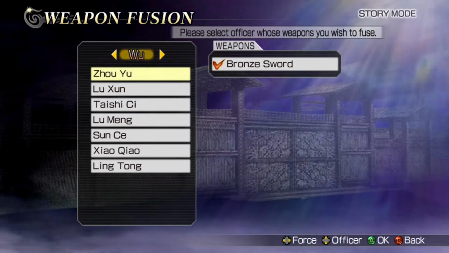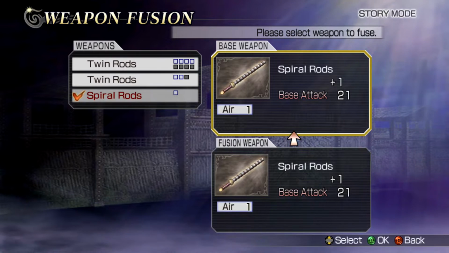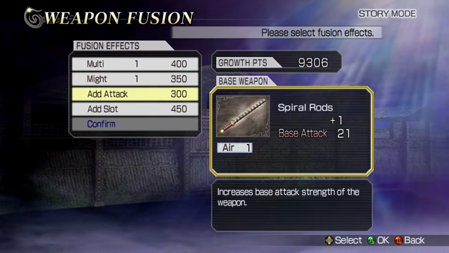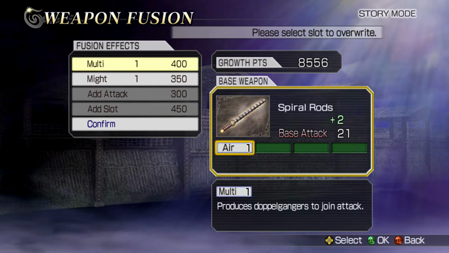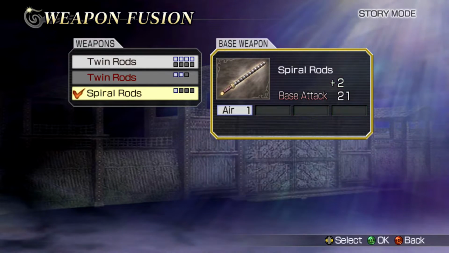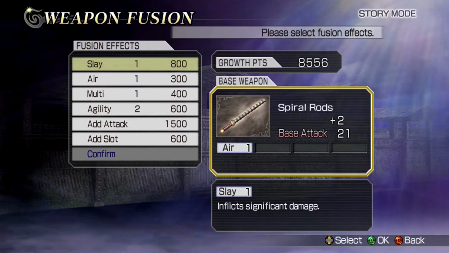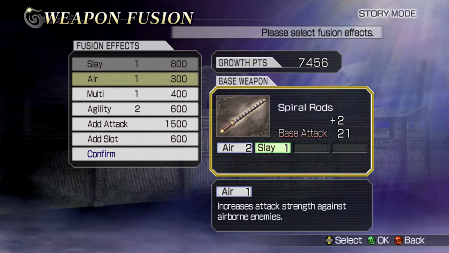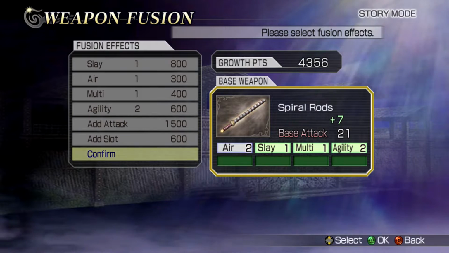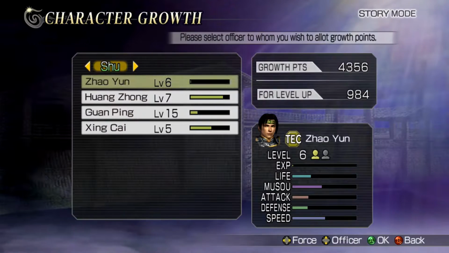Toshi. Oops. There you are. Take your spiral rods. And add some attack. Add some slots. Can't add either of those, that's a shame. But it's okay for now. So we'll get plenty more where that came from. So, Slate, definitely. Have another level of air. Might as well take all of these. Okay, lovely. And for the rest of our levels,